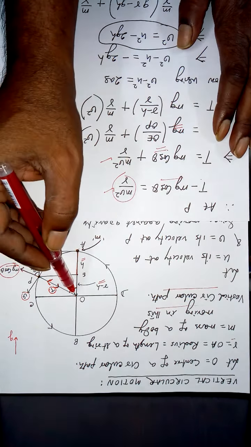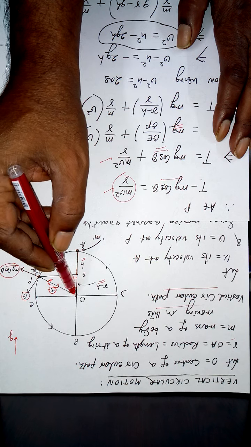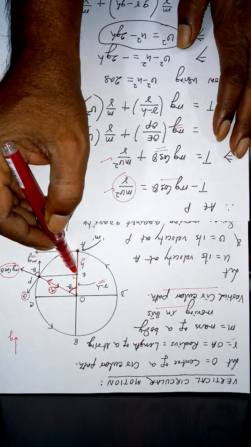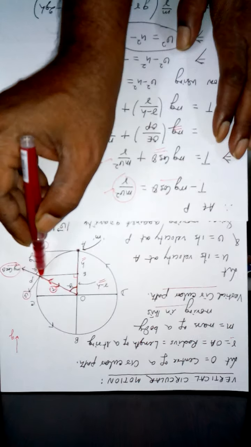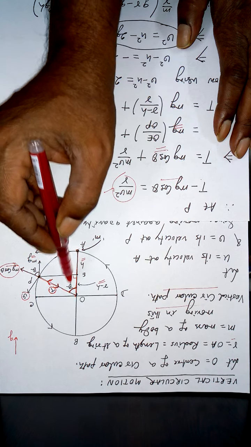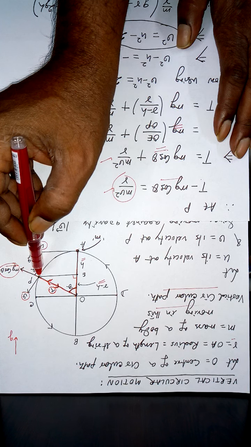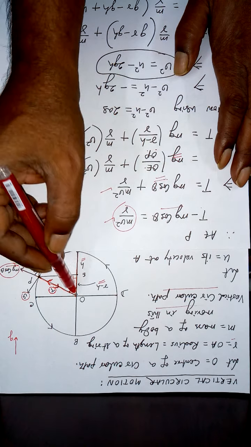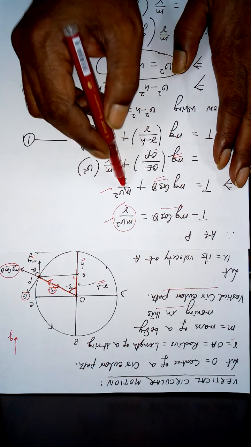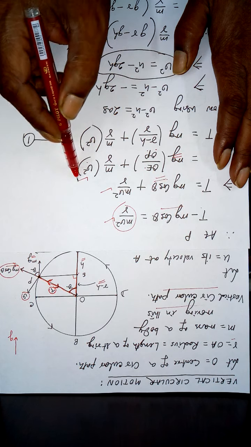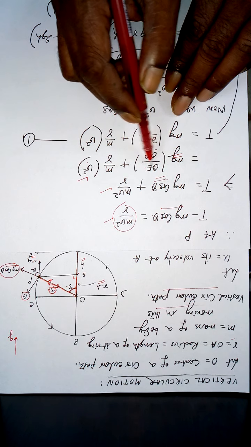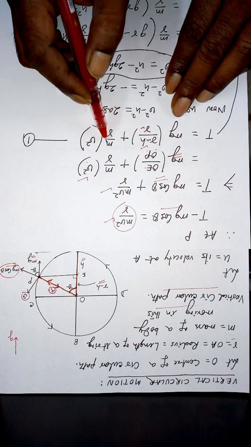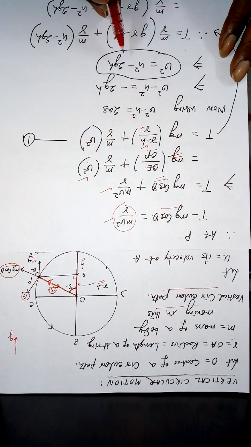If you look at this right triangle OEP, cos of this angle is equal to this length divided by this length, that is r minus h divided by r. So it is equal to OE by OP. m by r remains as such, here is your v square. So OE, I explained, is r minus h over r, m by r v square.